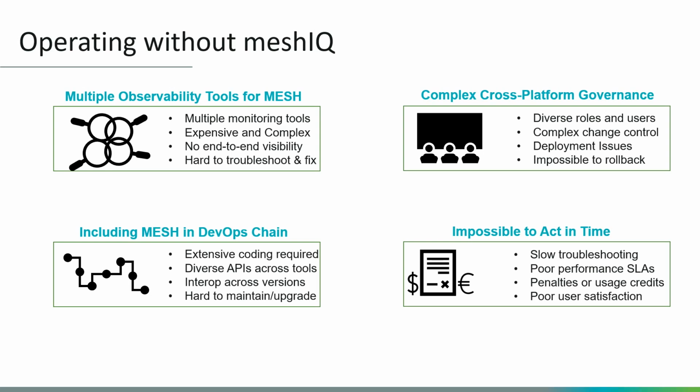No one will argue that today the environments are much more complex than they were even 5 years ago, in terms of the interactions and the interconnections between them. And when there's a problem, knowing where to look. You want to be able to integrate into your DevOps environment quickly, right? So not just deploying the applications, but being able to deal with the interactions between those applications. And that's very hard to do when you don't have something like meshIQ. And of course, the end result is things run slow and you're just not acting quickly enough.